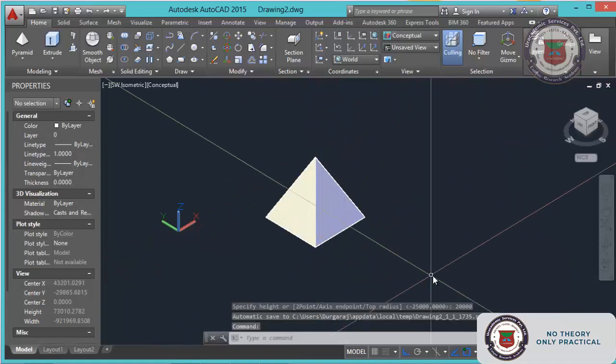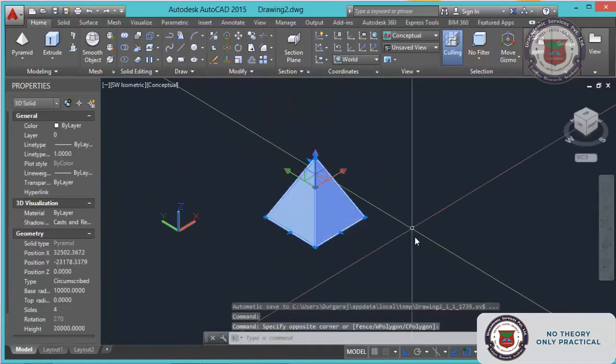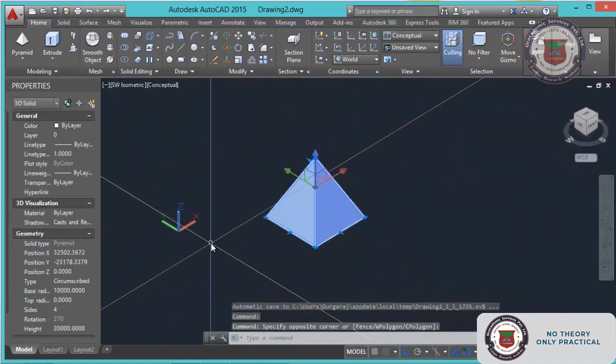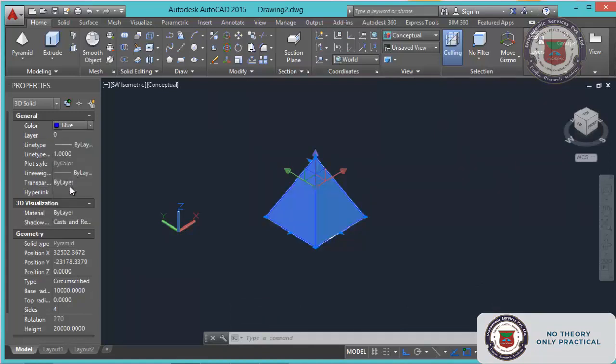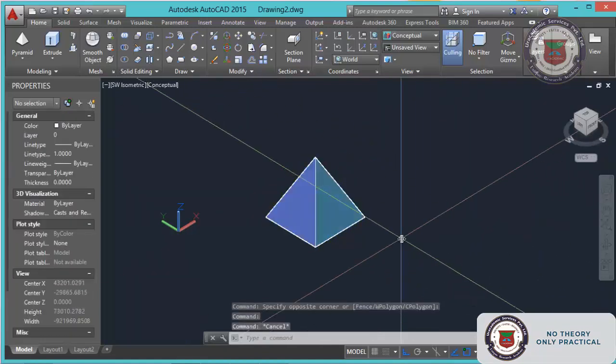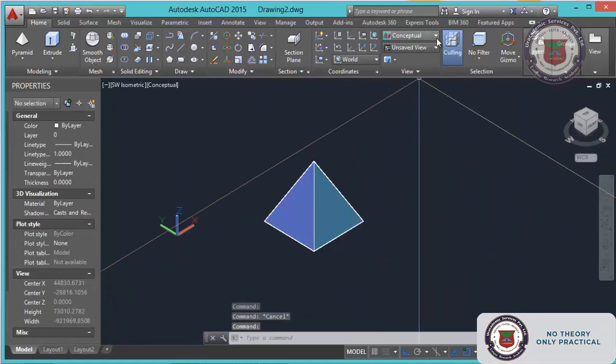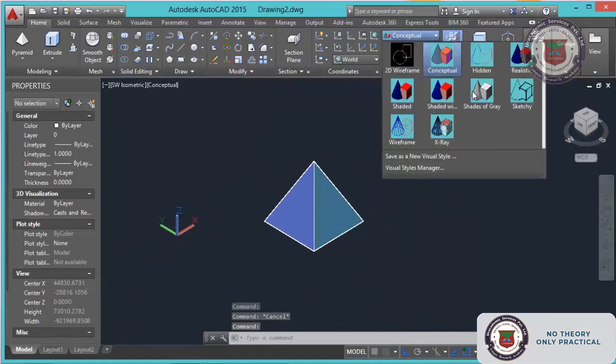Now we have to put the pyramid. Just change the color, whatever, blue. You can change whatever you want.